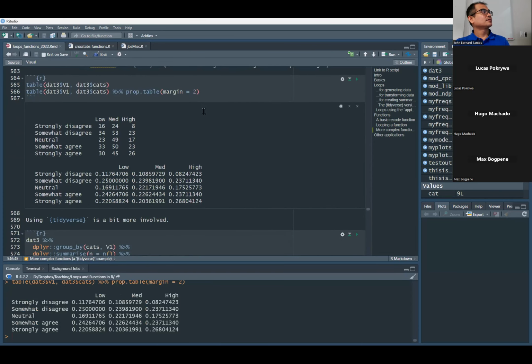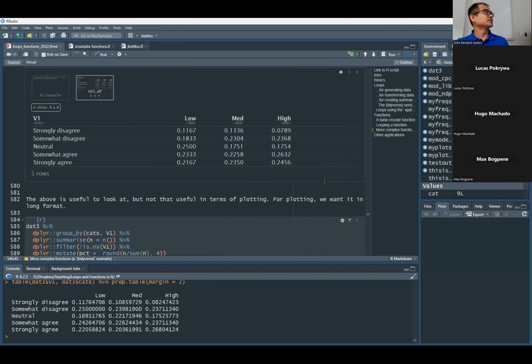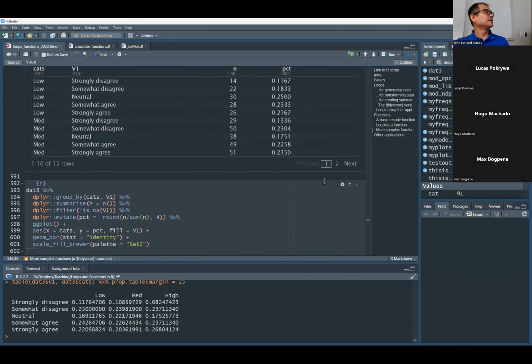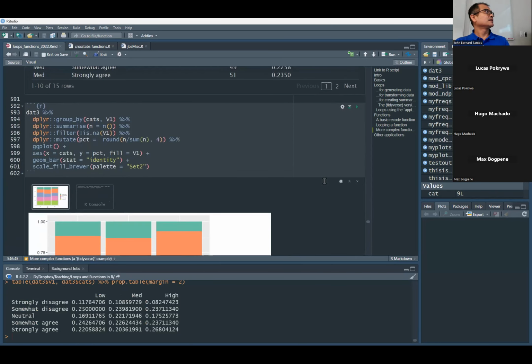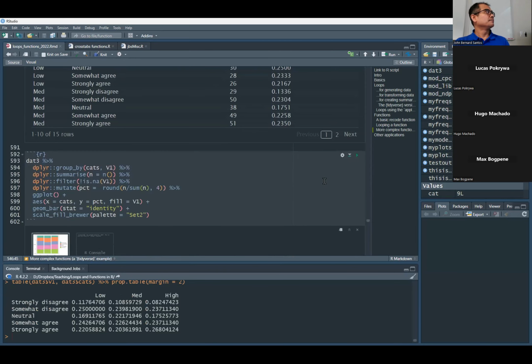And we have our crosstab with column percentages. This is if you want to learn how to do it using tidyverse. But that's really just a jumping off point to this